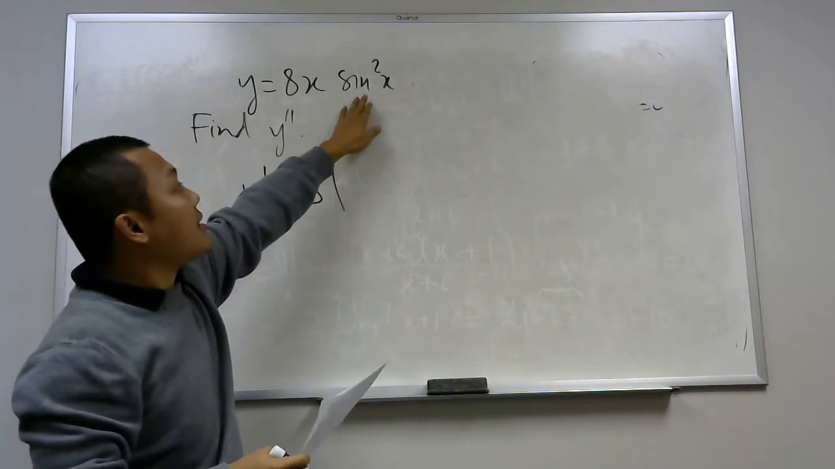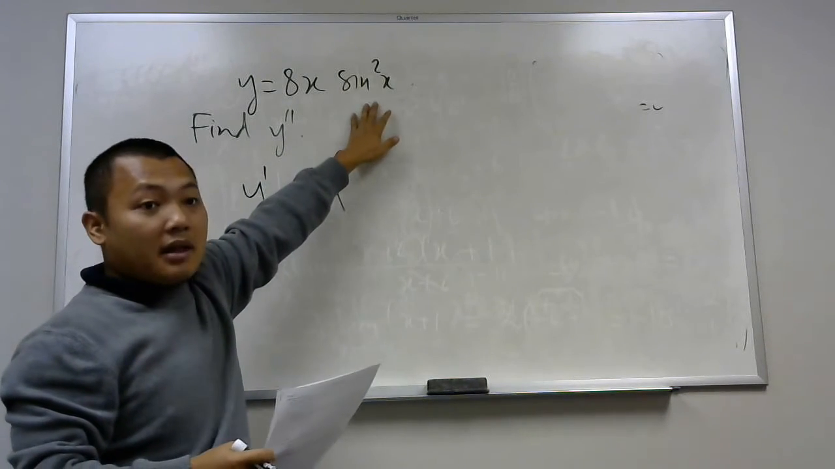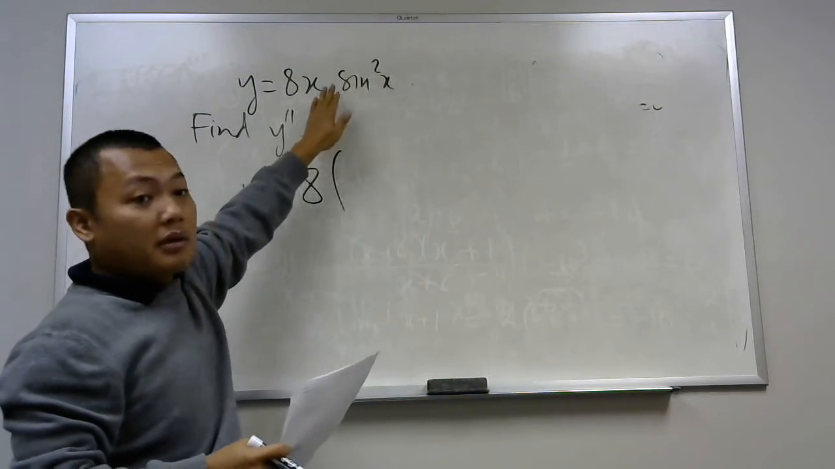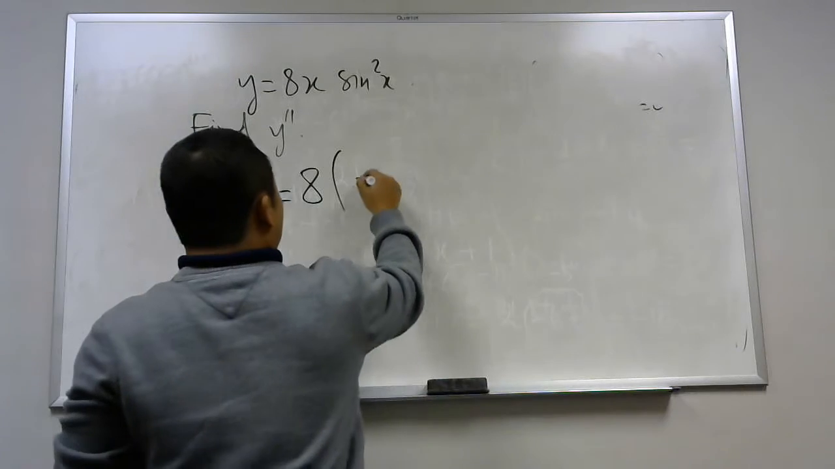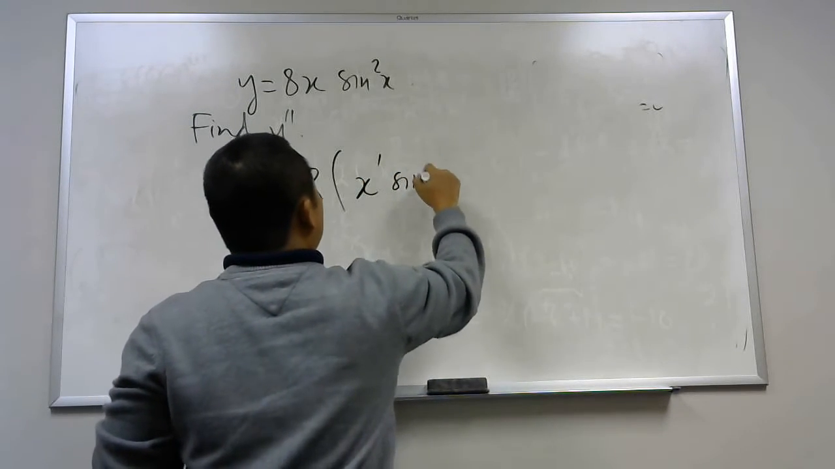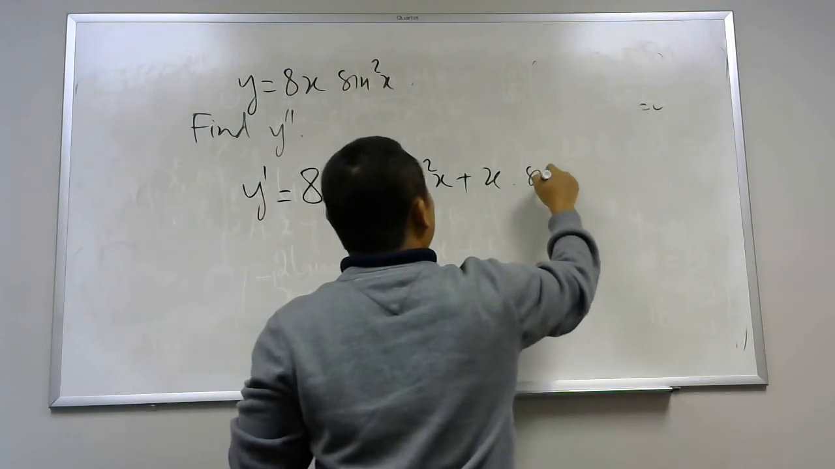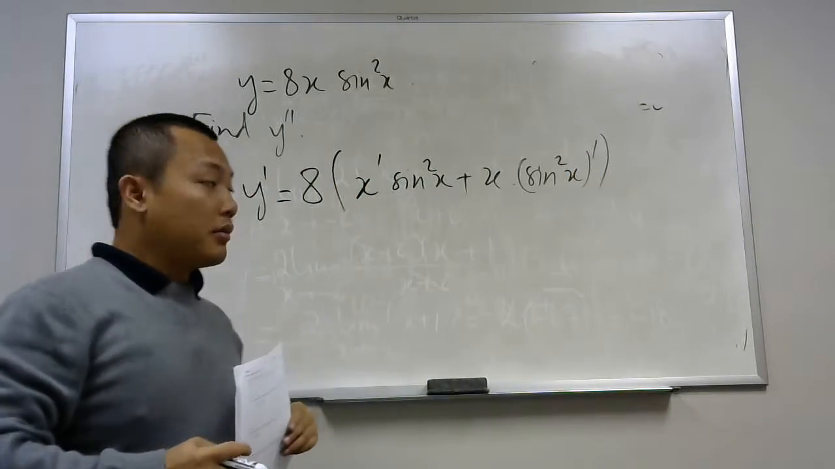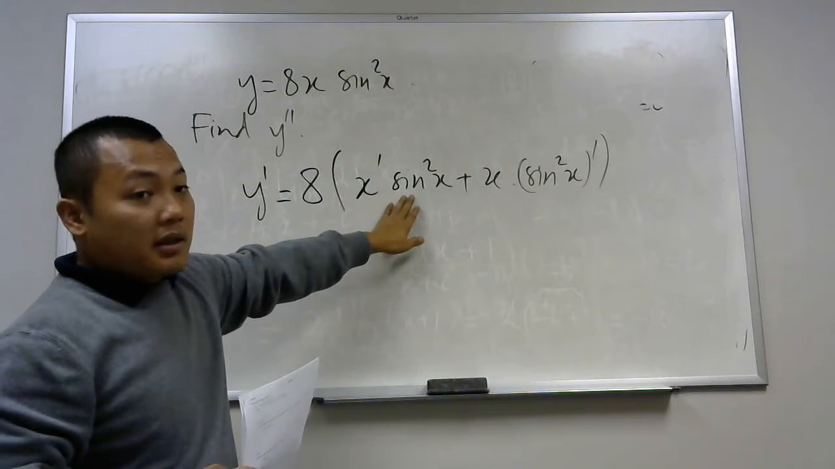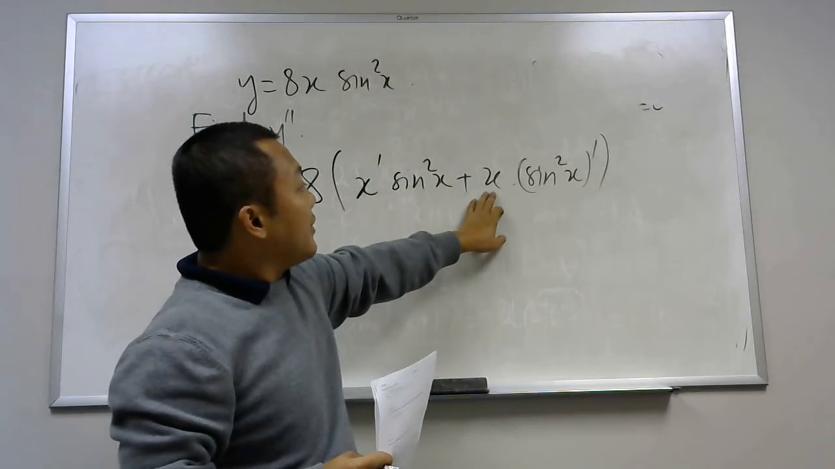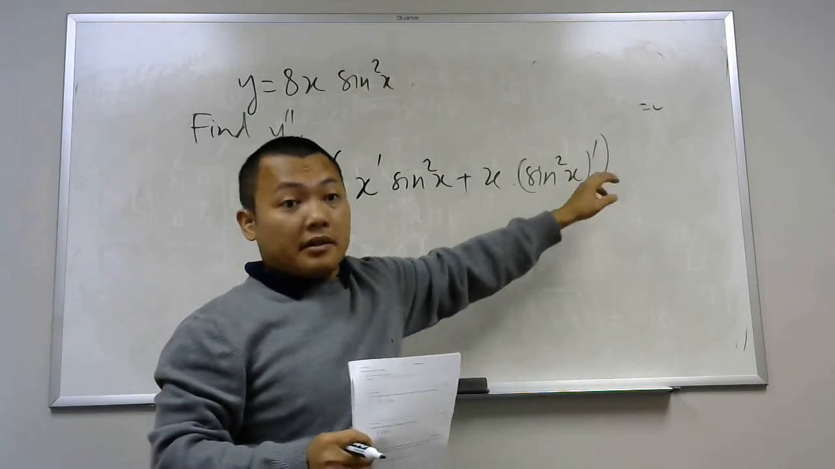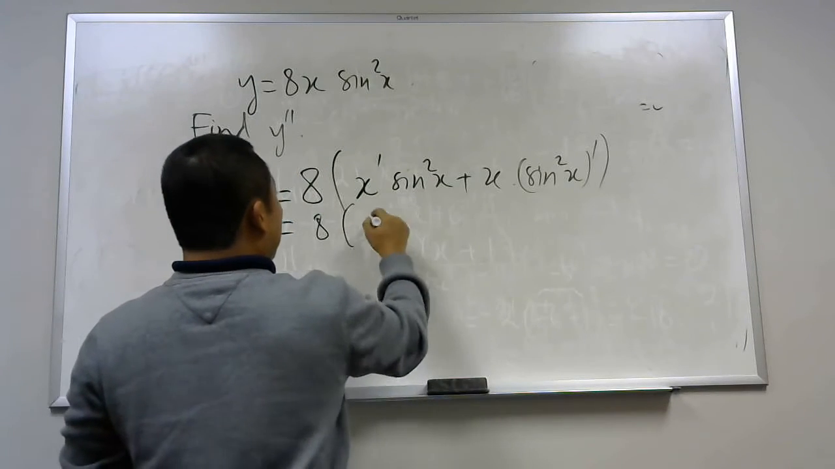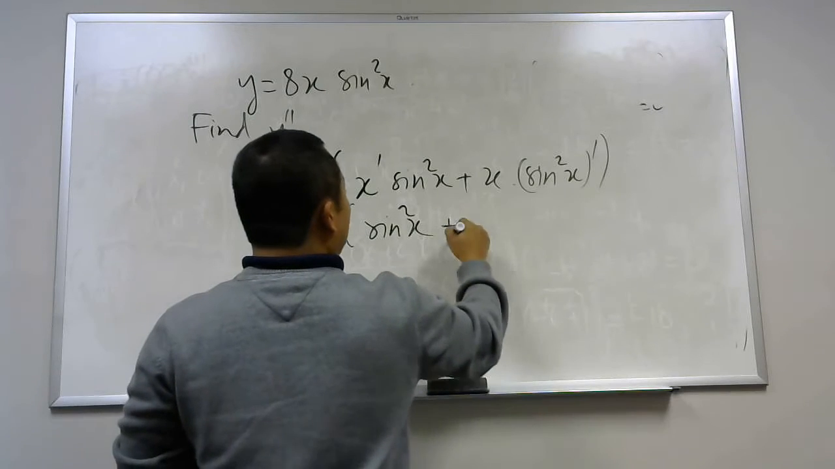We have x and sine squared x. x times sine squared x means the product of x and sine squared x. So first we need to use the product rule. Let's do that. I have the derivative of x times sine squared of x plus x times the derivative of sine squared of x. So that is the product rule: derivative of the first times the second plus the first function times the derivative of the second. Derivative of x is just 1. I have 8 times (sine squared of x plus x